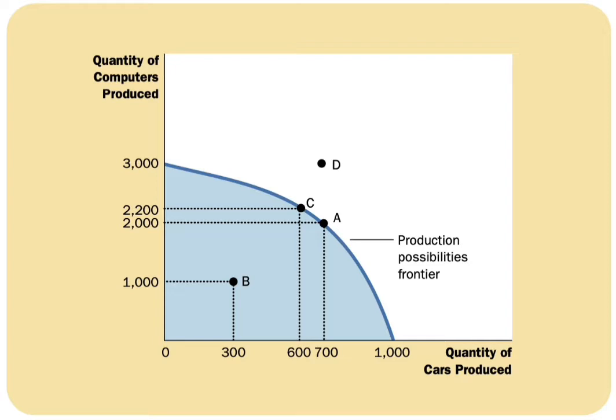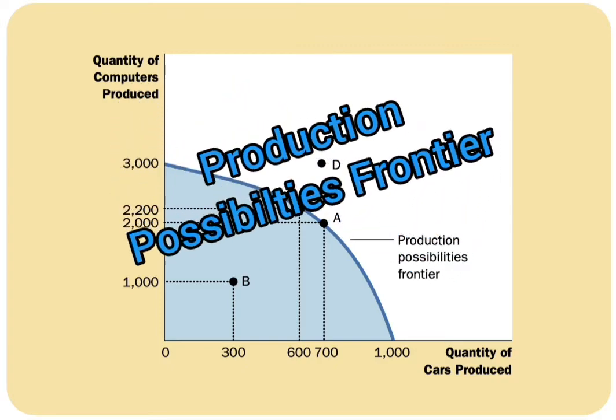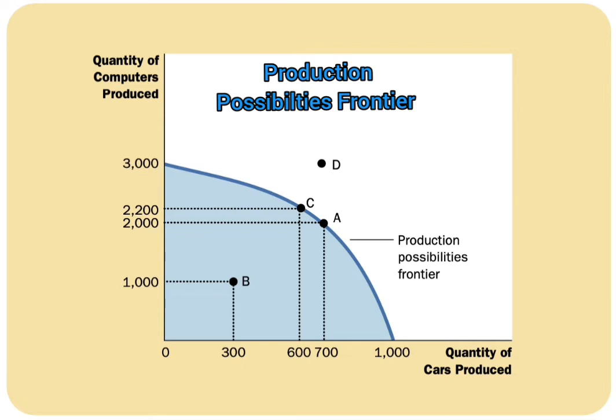Today I'm going to explain the second graph of the book Principles of Economics by Gregory Mankiw. In front of your screen you can see a graph which is called the Production Possibilities Frontier. This is another economic model which is very important for all economics students to understand. This graph, or this model, helps us in explaining many phenomena in economics. So let us start learning about this.